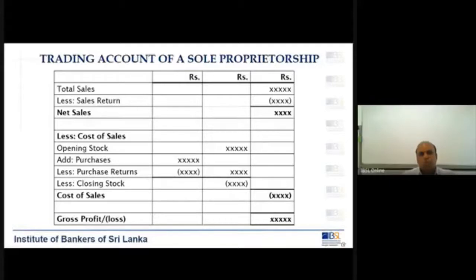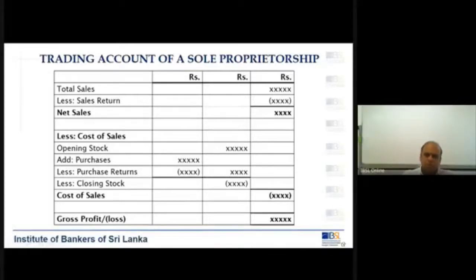So you have total sales, then you deduct the sales return, then you will have the net sales. Once you have reached the net sales, then you have to work on how to calculate the cost of sales. Cost of sales will be your opening stock, what you have purchased during the year, what you have returned from the purchases that you have made, and take out the amount of closing stock that you are holding,